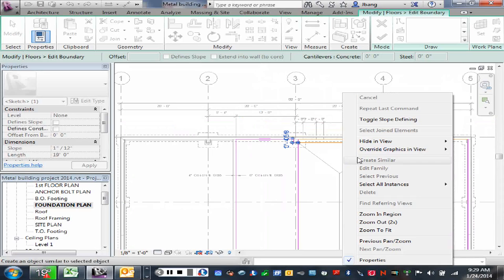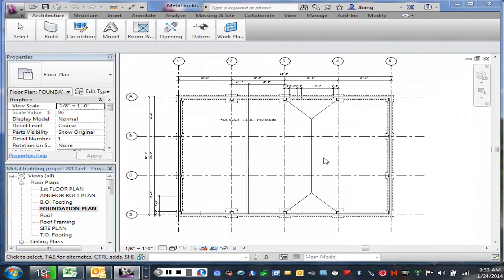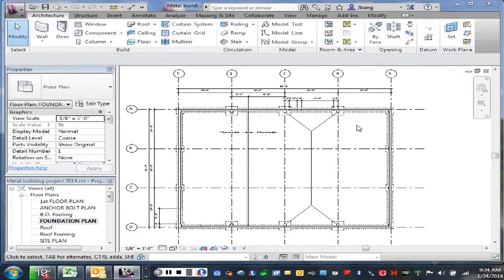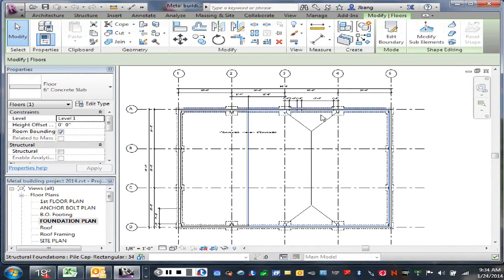It doesn't like what I did, I guess. Okay, so we're going to cut a hole in the slab, so we're going to go to edit the boundary,